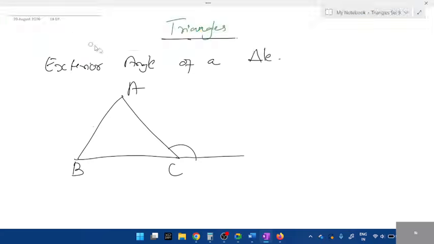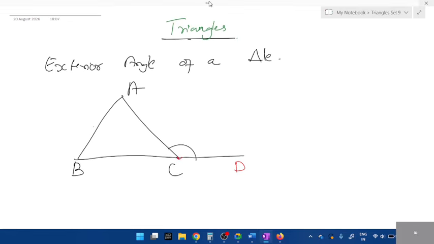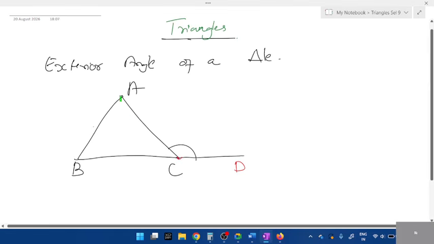Right? This angle we call the exterior angle. And how do you name it? What's the starting point, students? Can we take A as the starting point? Like this? So how do you write this angle? Angle ACD. You can't write angle C because we are not sure whether it is this angle or this angle. Did you understand? If we just write angle C, we don't know whether it is interior or exterior.